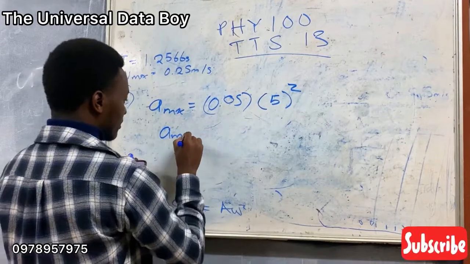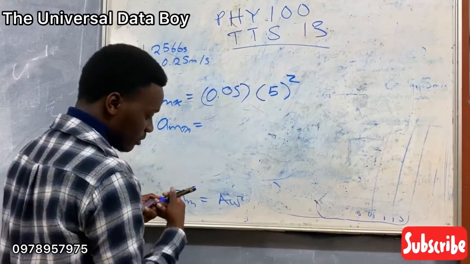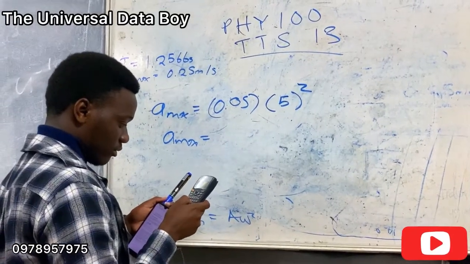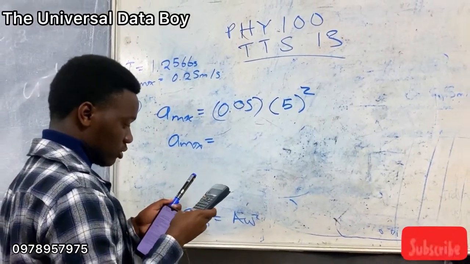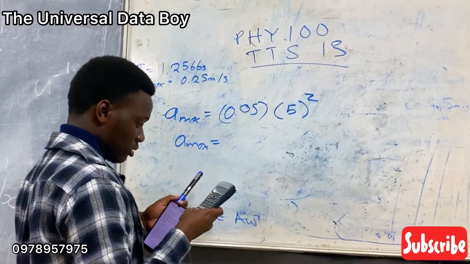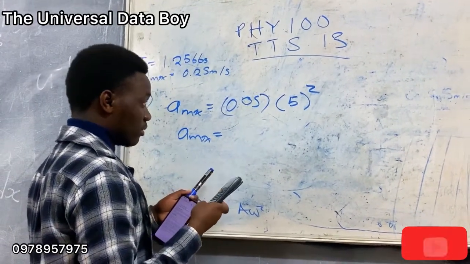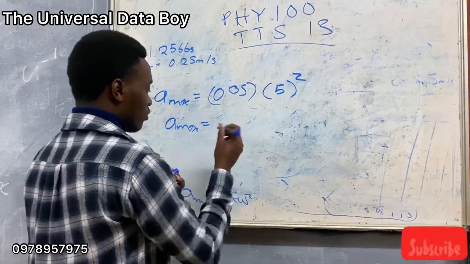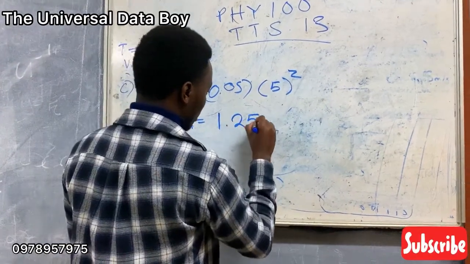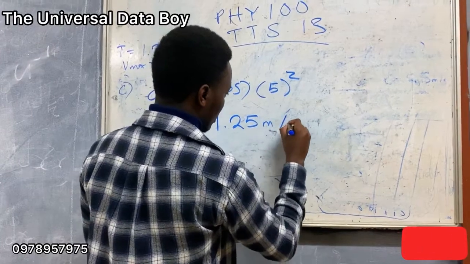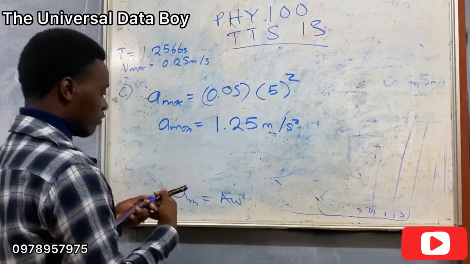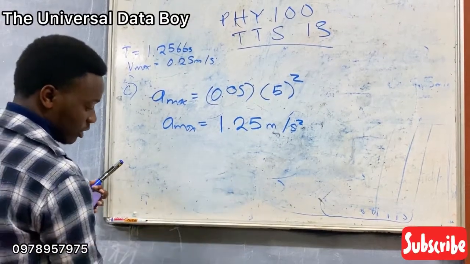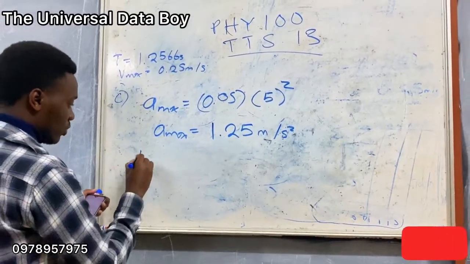So our A max is equal to, let's find, 5 to the power 2 times 0.05 to give us 1.25. So I've got 1.25 meters per second squared. So we found our acceleration. That's method 1. Then method 2, to get this formula, what you can do is, we know F is